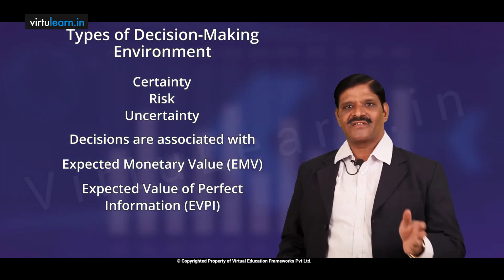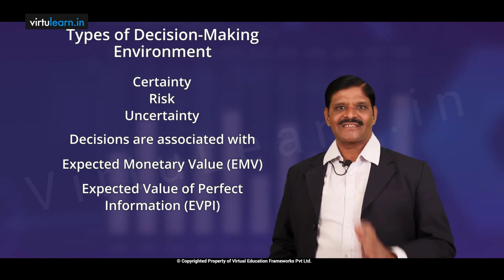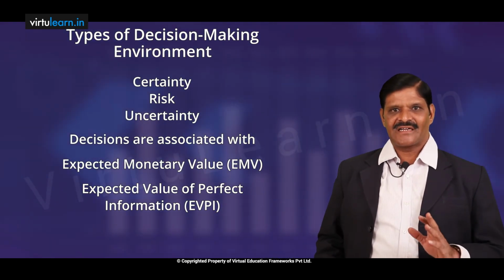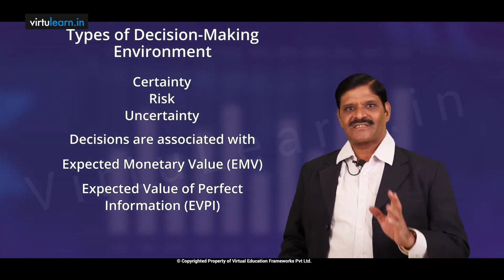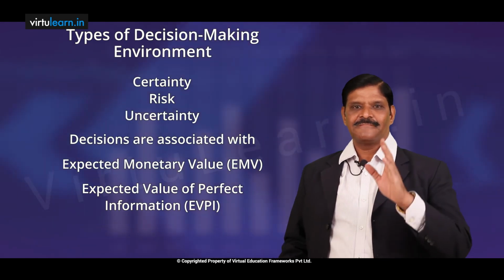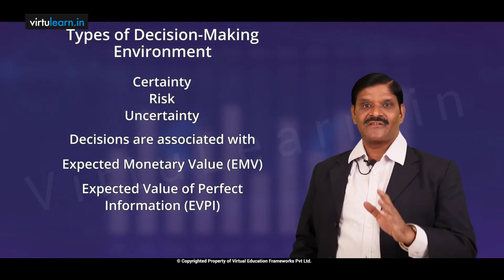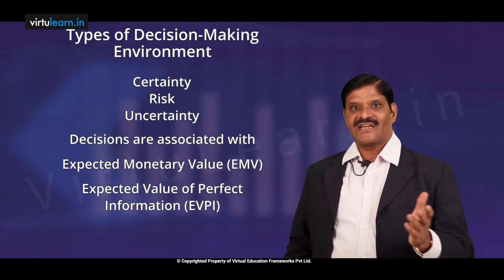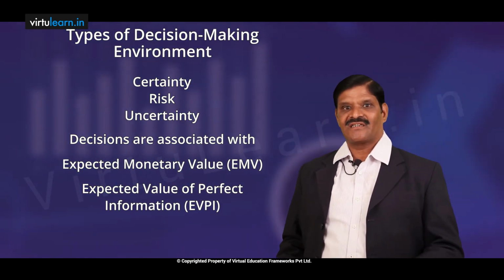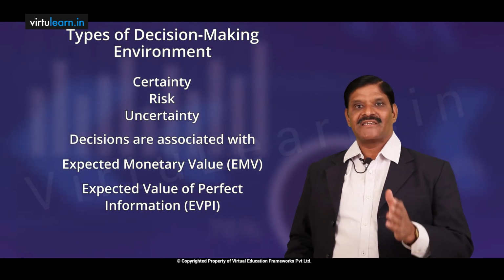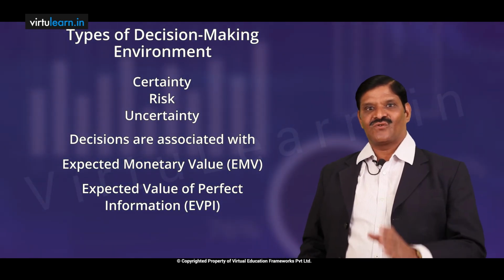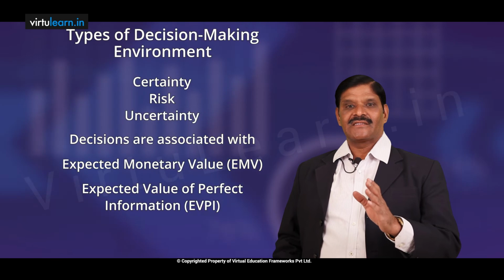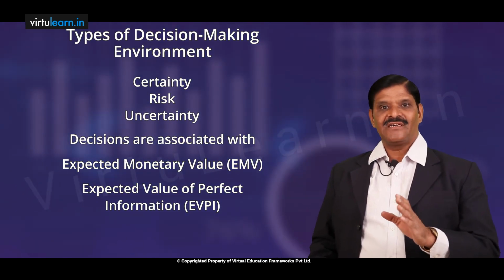Or for example, there is a magazine vendor or newspaper vendor. He will be getting the newspapers or magazines based upon the number of units sold on that particular day. But no one can really expect how many units can be sold each day. But if that could be known, then probably that decision will be the best.